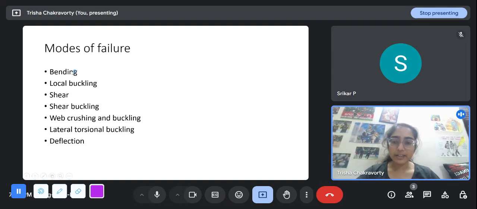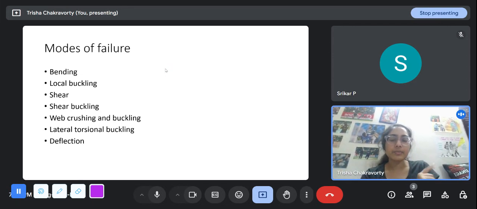And buckling, as I've said before, is important in steel structures and not so much in concrete structures, because steel structures are slender. One of its dimensions is much higher compared to the cross section in the other perpendicular direction. And this slenderness is defined by the slenderness ratio that we will look at today.